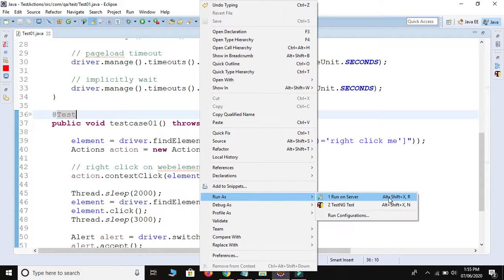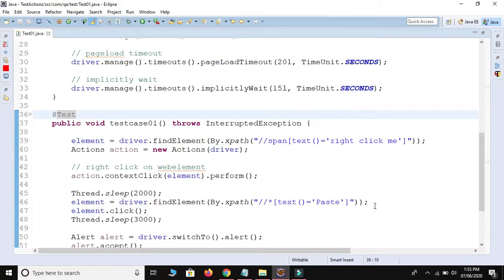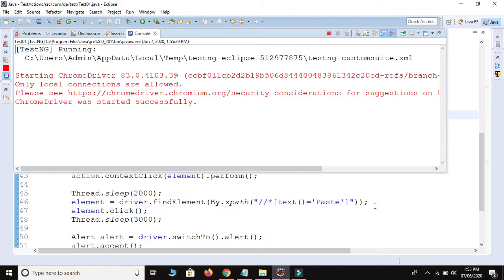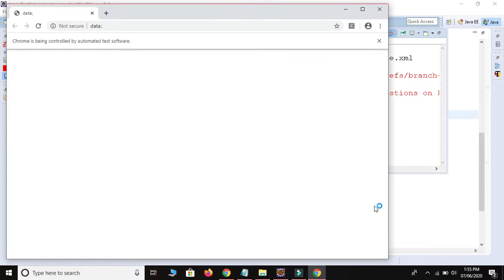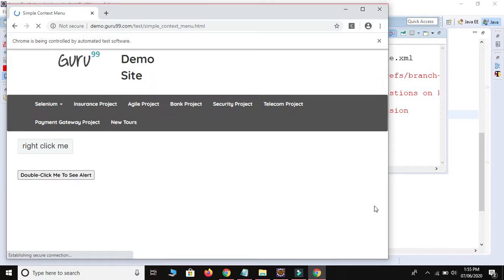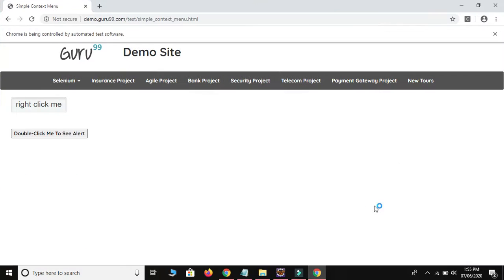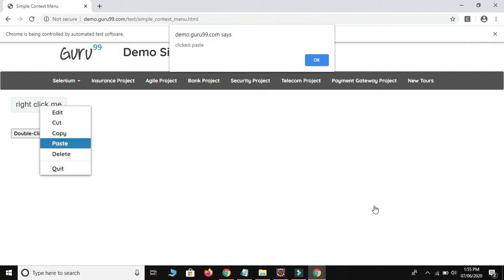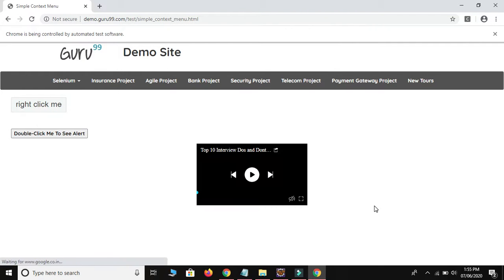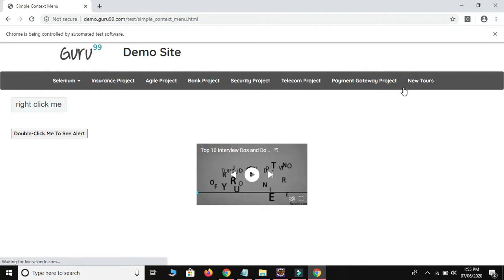It will right click on our web element, it will select paste, and then it will handle our alert. Okay, let's wait for the execution. See, right click, it will click on the paste. See, clicked paste and handled alert. So this is the way to perform right click on any web element.